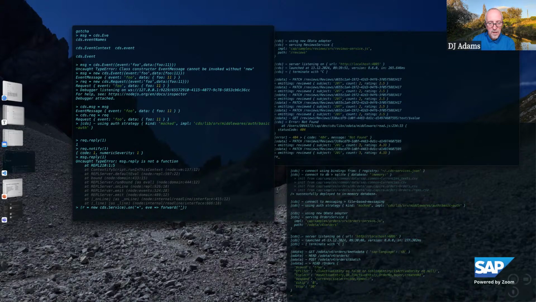Because a remote service is reflected by a CAP service locally, which happens to be a proxy, which basically implements the equivalent of Smalltalk's does not understand method. It's the star handler in CAP and has a generic way to translate incoming requests to target requests.